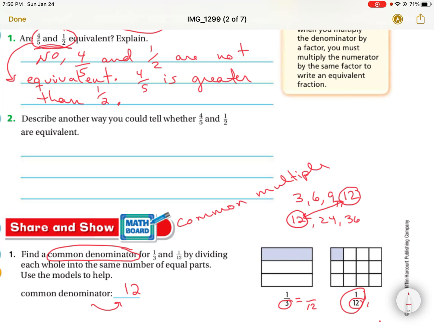There's nothing for me to change. I can just leave it right like that. So for me to change this to 12s, I'm going to have to go bigger. I'm going to have to multiply by 4. Whenever I do the bottom, I'm going to do the top of the fraction, so that's going to be 4 12ths. So when I draw it,